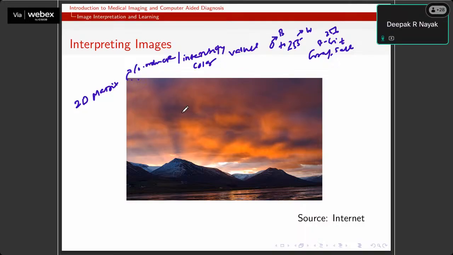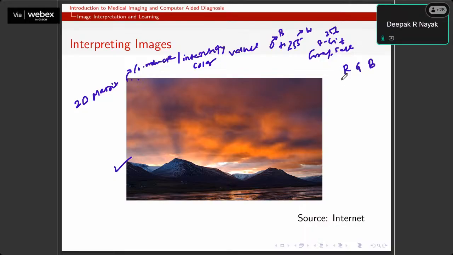And if it is a color image like this particular image, you will have 3 channels, right? That means for every pixel in this color image, you will have 3 different values: for the red channel, the green channel, and the blue channel. These are some of the ideas we must have before analyzing images, right? And in this case, we are considering medical images, which we'll see later on.